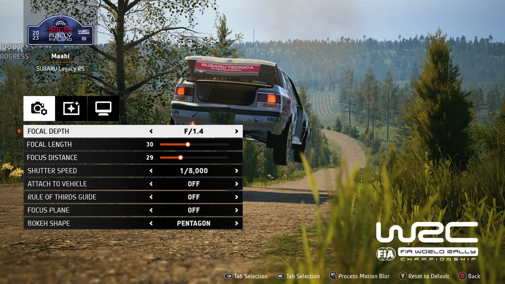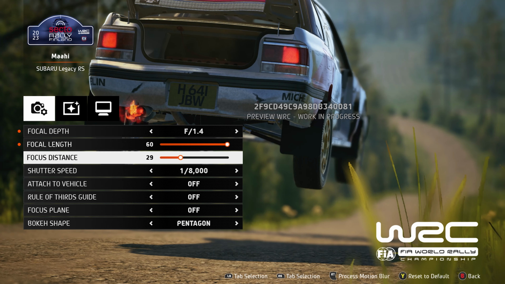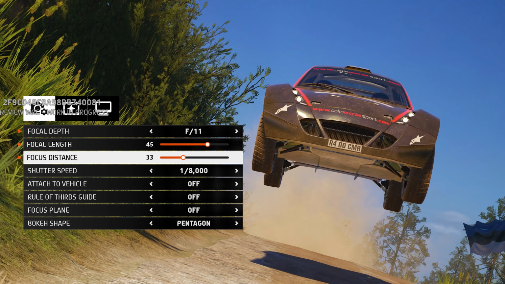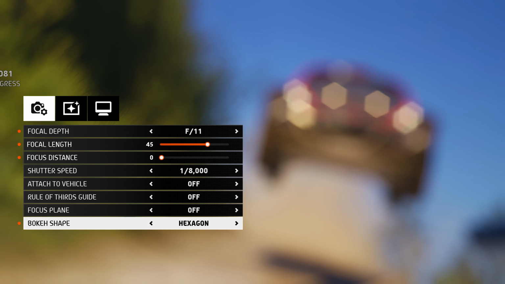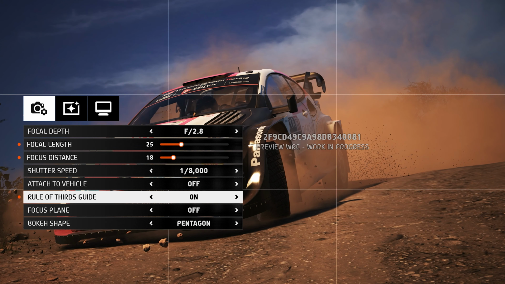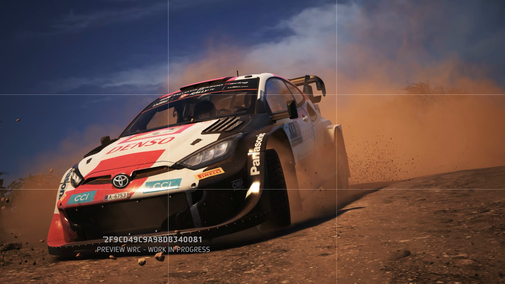The on-screen UI brings up a host of options that include a modest zoom from 10 to 60mm, fully manual focusing, and variable aperture values to create depth of field. There's even a handful of different bokeh shapes, and the difference between these is most prominent at larger f-stop values. A focus plane and thirds grid add some useful visual aids, but by far the most significant option here is